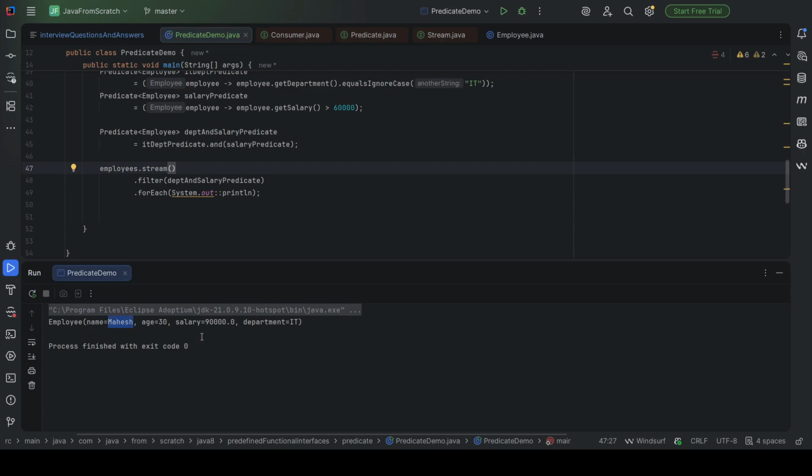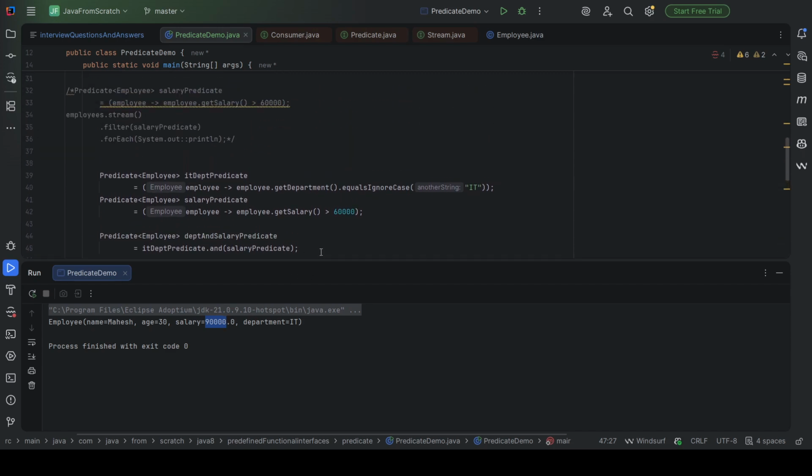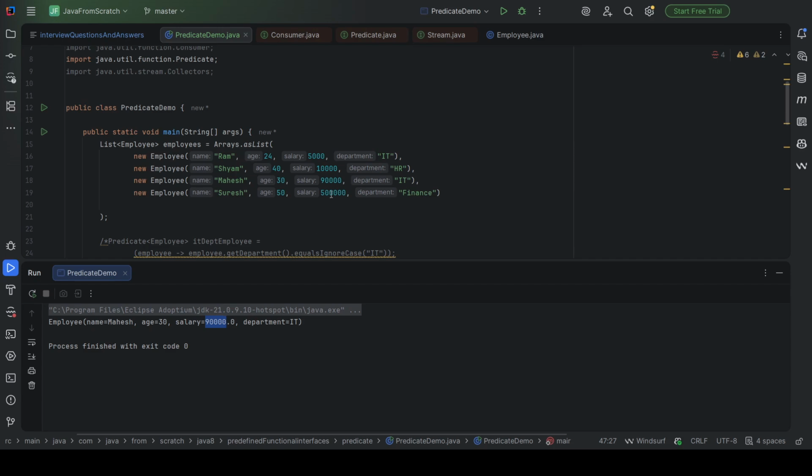So IT department and salary more than 60,000, who is there? This is more than that salary, but its department is finance, right? So IT department with more than 60,000 is Mahesh only. Okay. So you got Mahesh.